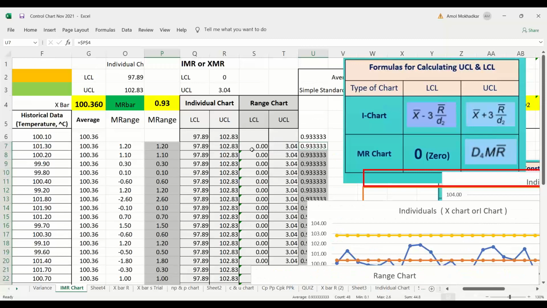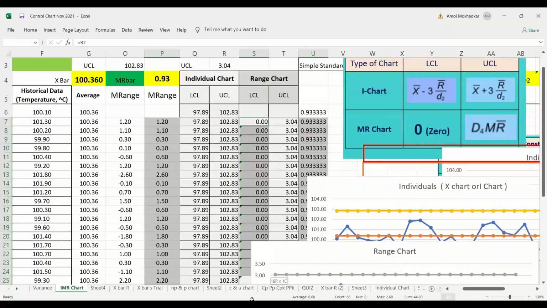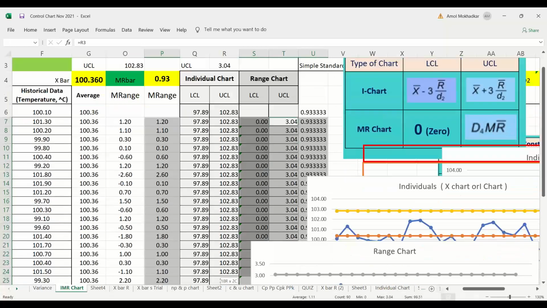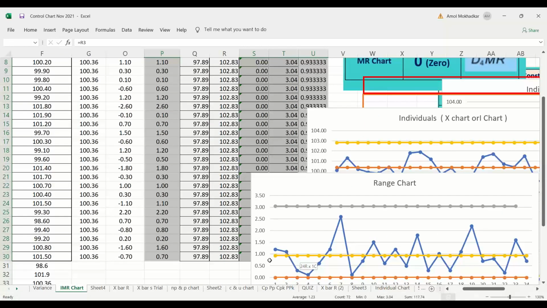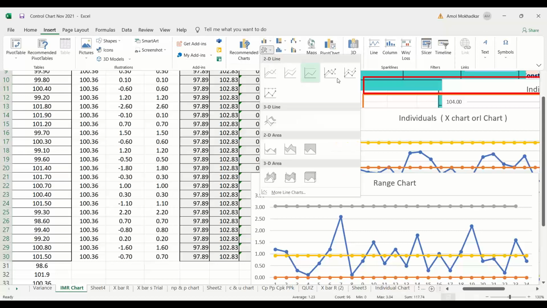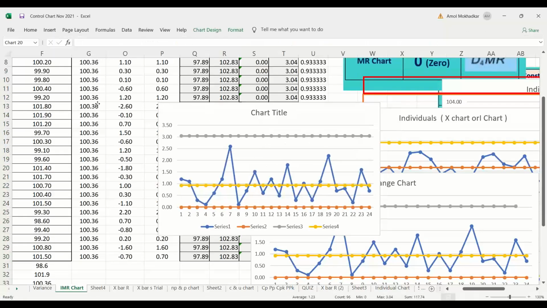And then you require the LCL and UCL. The range chart LCL is this one, and the range chart UCL is this one. You select all these parameters, go to Insert, go to Chart, Line chart, and you prepare the chart. This chart is ready.